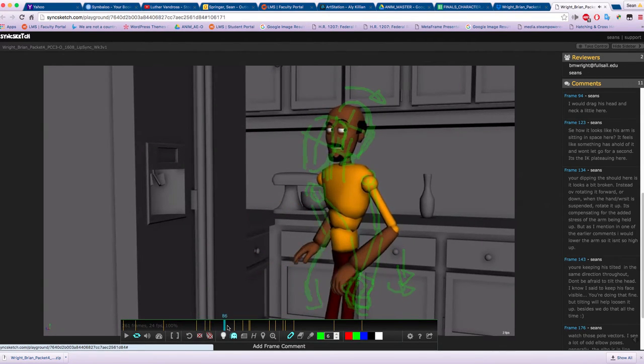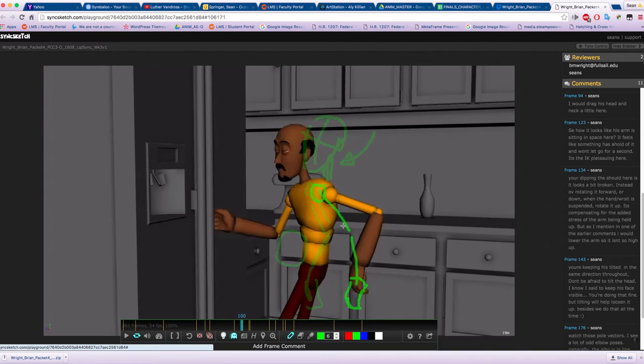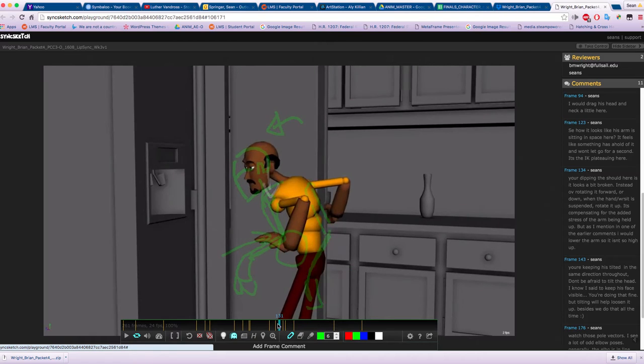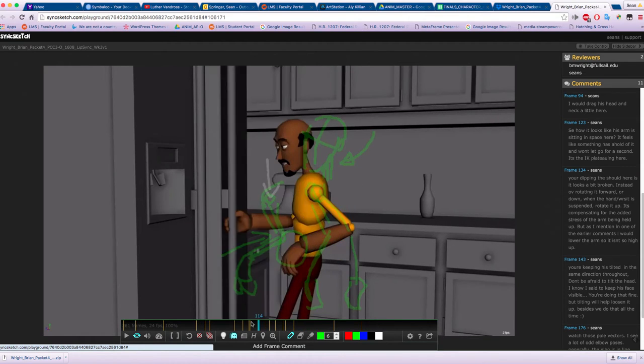Yeah, more 3/4 to camera rather than side view. I think, yeah, you have the hand kind of up. It kind of tweaks the shoulder up there. See, like that? It looks like you translated it out or something. It feels kind of broke. I'd keep the shoulder up. These are easy fixes, really. It's just, you know, going in the graph